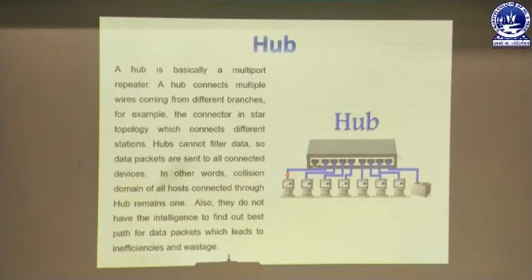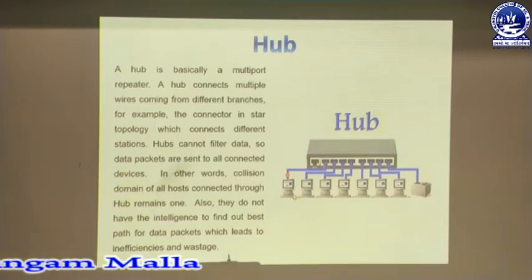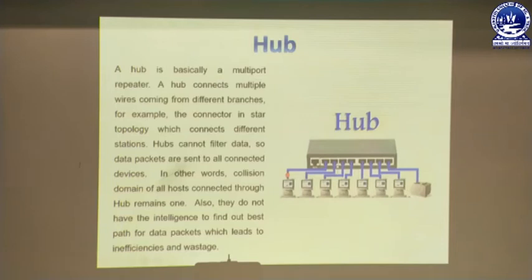Now you can clearly see the picture of a hub over here. This is the hub device which has multiple ports, and each port is connected to a system. That means every port has an RJ45 connector. Using the RJ45 connector we can connect one end to the hub and the other end to a system. You can clearly see over here that there are many systems being connected to the hub. So a hub comes with many ports, and as per the requirement of the systems that we have in our office or lab or anywhere, we can choose the size of the hub accordingly.